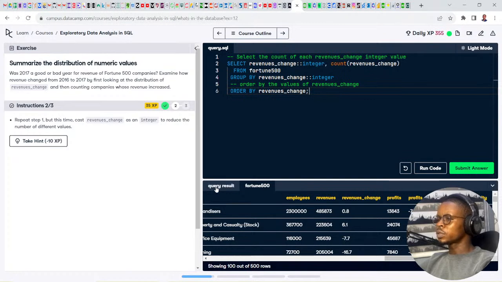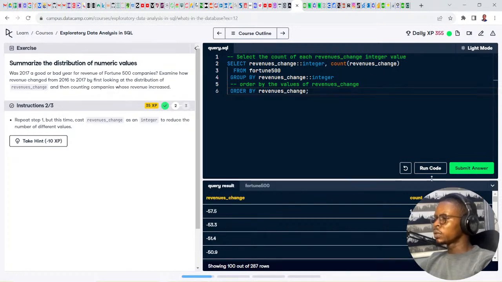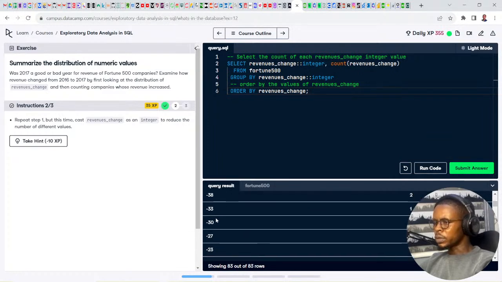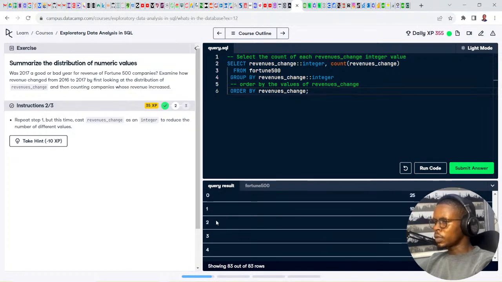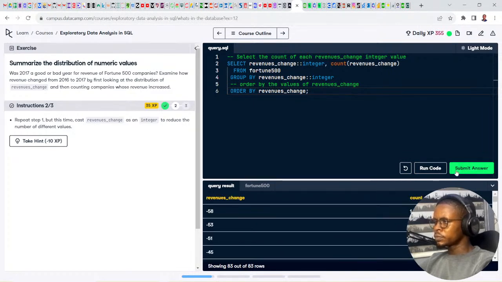And boom, let's compare the result to this one. Aha. So those 57 points, they are much more closer now. Aha. That's correct.